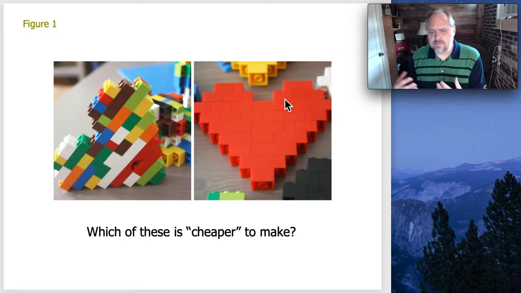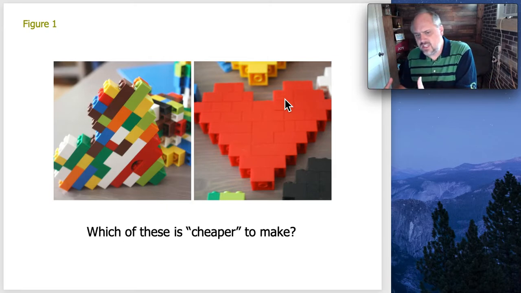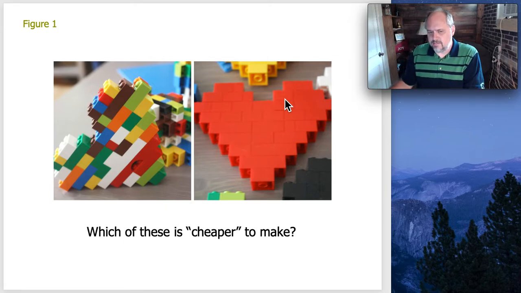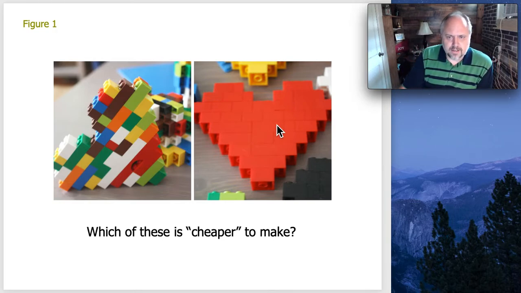So we just need the recipe for red plastic. We just need the machine once we've got it outfitted for red Legos, and it'll spit those out as long as we want, and we can build all the hearts we want. Whereas over here,